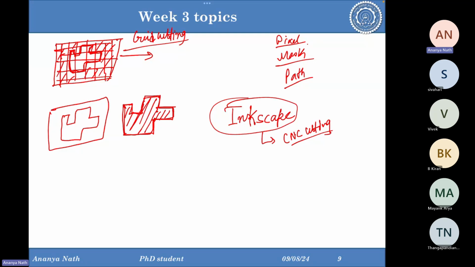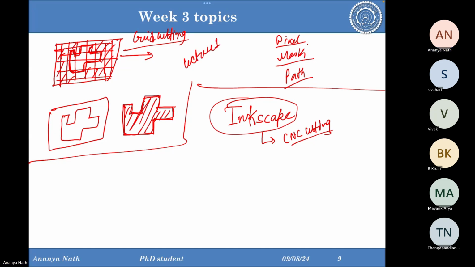The next thing: up to here, this was week three's lecture one. Inkscape was demonstrated in lecture 2. You can really download the software and do something in the software. And if you feel any difficulty, you can just post your question in the Q&A session. Then I'll download the software and see what the things are. And from lecture 3,